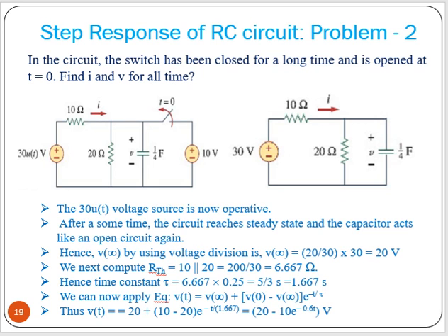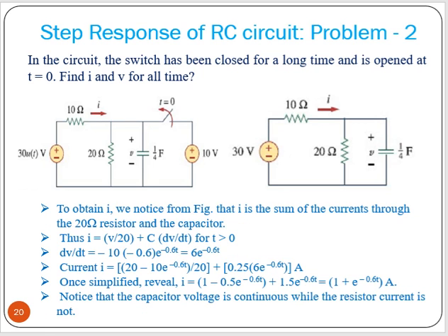Now say it is given that you have to find this current I. Okay, so this I for this circuit is nothing but, this is the capacitor voltage, so we know this node voltage V by 20. This I is divided into two parts. One is V by 20 plus C dV/dt. This is the IC, the current through the capacitor. So we have to solve that.